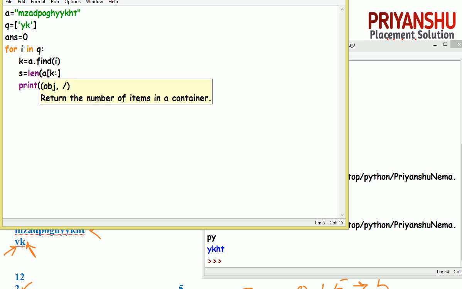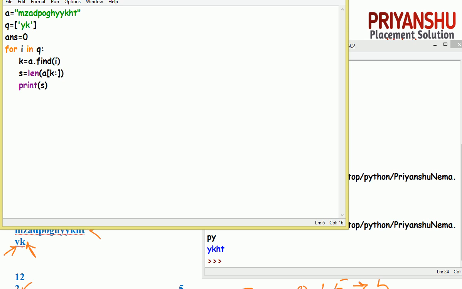And I put one more condition here. If k equal to -1, in that case answer equal to answer plus 0, else I will do something.